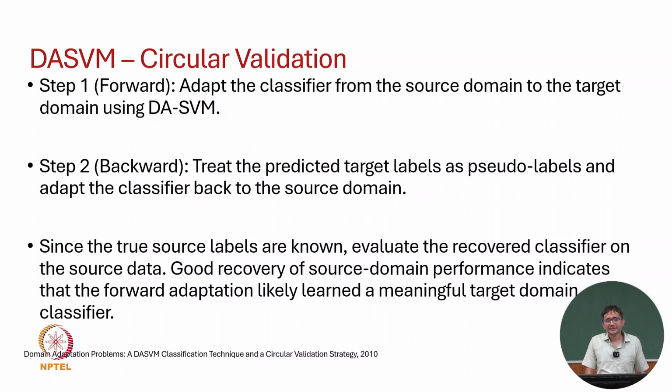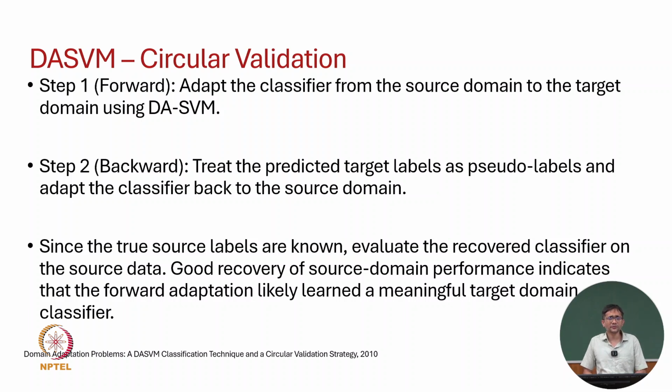And so when we are adapting back to the source domain, we are now assuming as if we don't have the source domain labels, but we have them, right? Actually, we have the source domain labels. Since the source labels are known, we can evaluate the recovered classifier on source data. Good recovery of source domain performance will indicate that the forward adaptation likely learned a meaningful target domain classifier, because